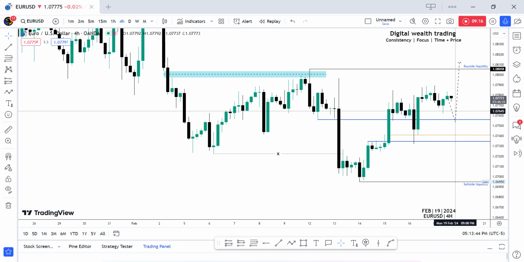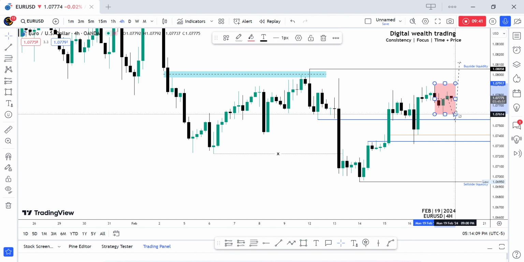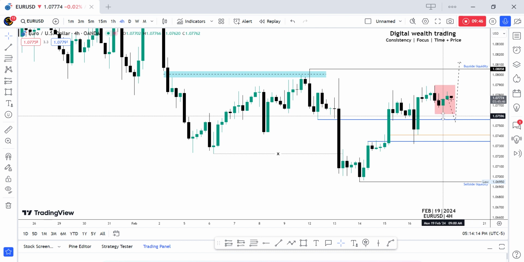So I have this statement here. The Euro US dollar 4 hourly contract shows the internal range consolidation of today's price, which engineers liquidity in both buy side liquidity and sell side liquidity. Meaning that on the 4 hourly we can see the pure range, which is this high, this low. It's a range, right? You can see how pure the range is, which creates